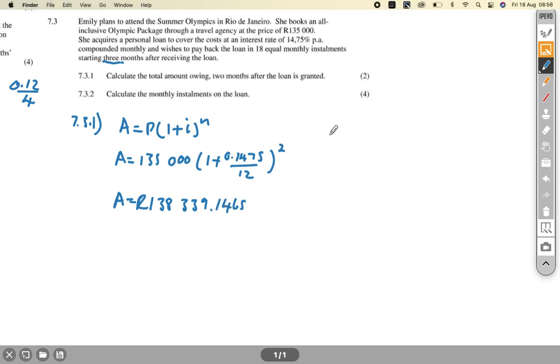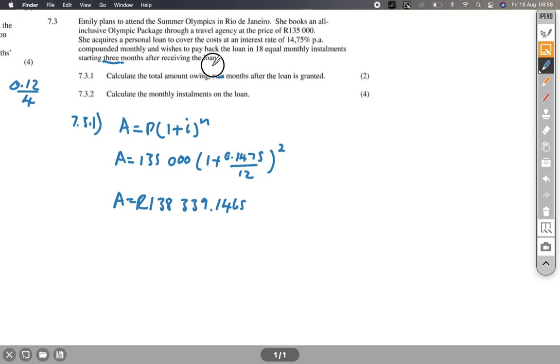Okay, so we said they made a mistake, so owing 3 months after the loan is granted. Okay, so the reason why we're using 2 and not 3 is because if we suppose that the